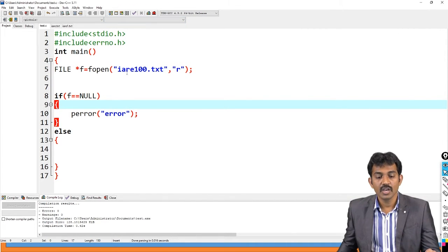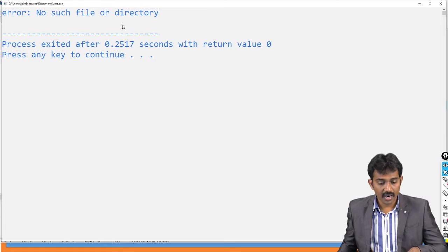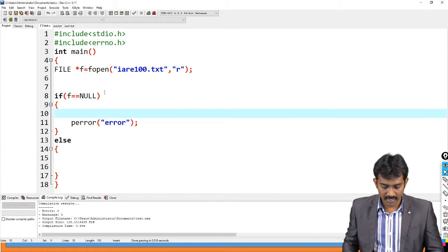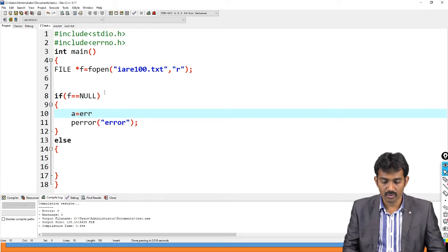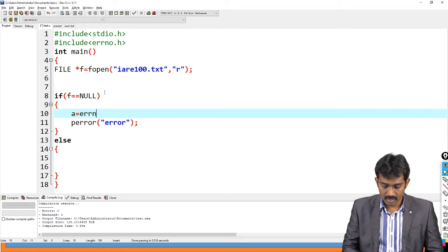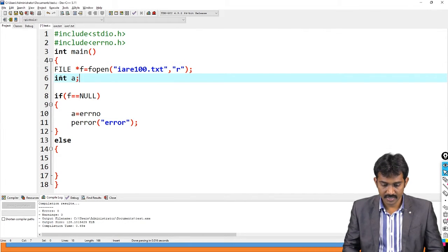So what is the error? No such file exists. That is the textual representation of the error. Is this clear? And if you want to know that, set a equal to errno, the error number, in a.